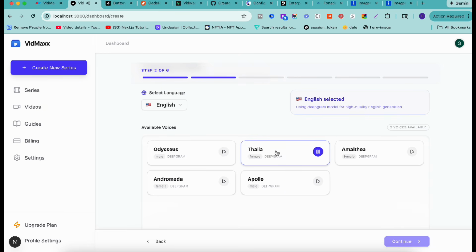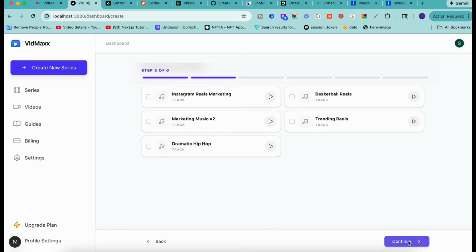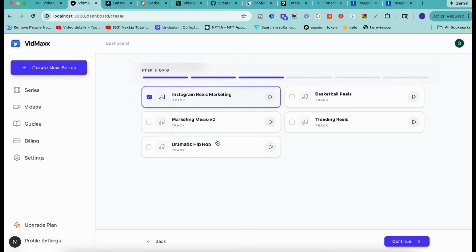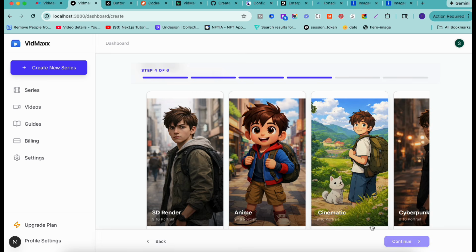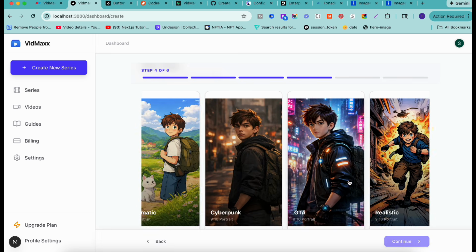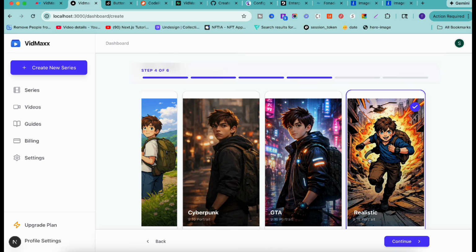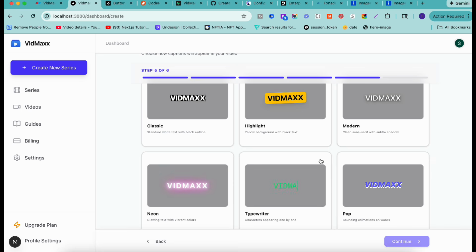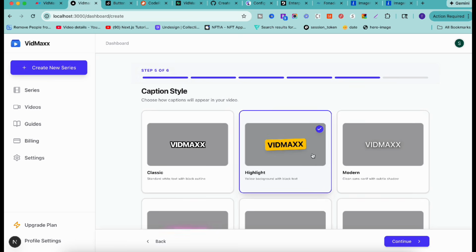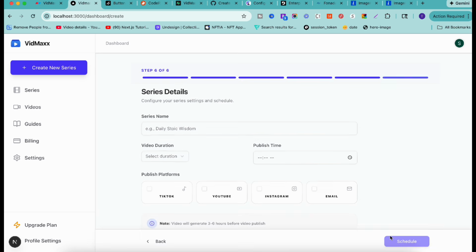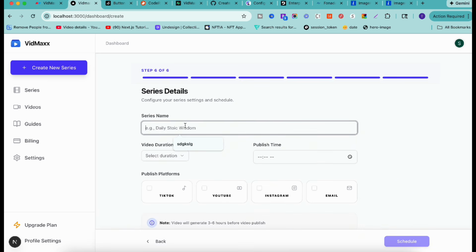So we'll select this voice. Then you can select the background music if you want. You can select multiple backgrounds as well. Then select a proper video style. After that, I will select this caption style as well, and then at the end we'll say historical